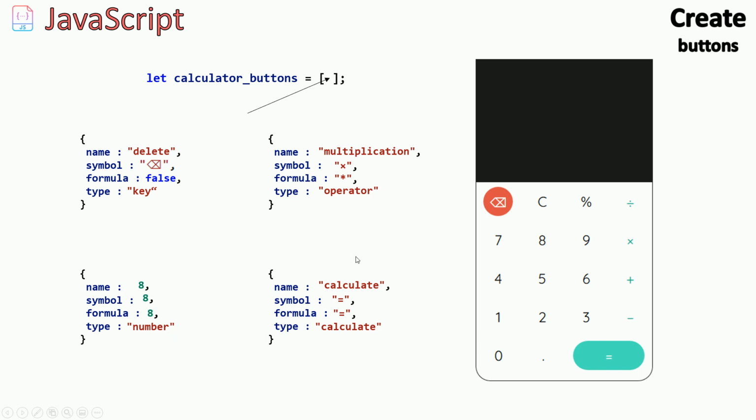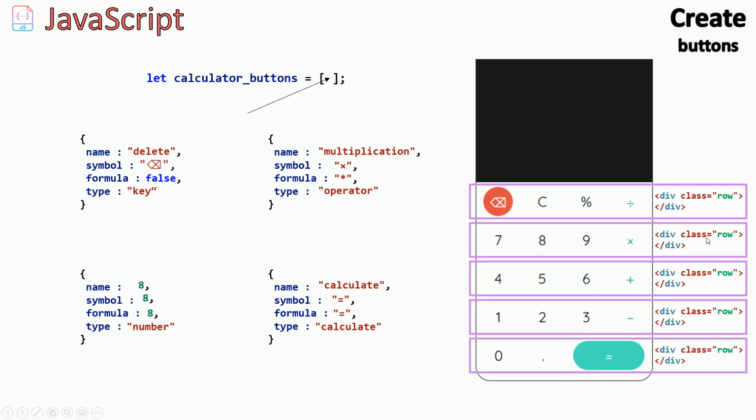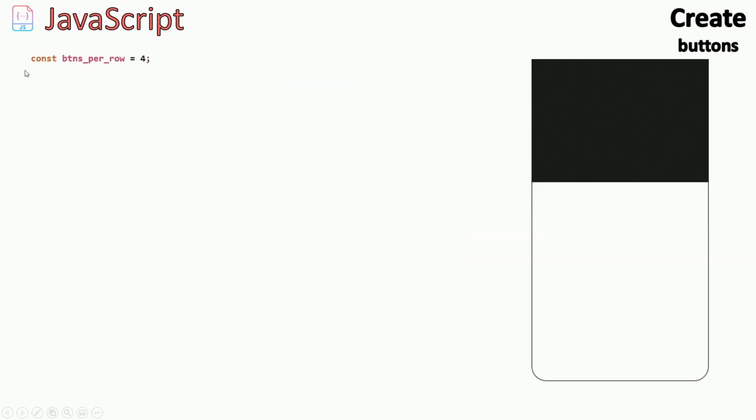Now the symbol is what we show to the user, and the formula is what we use to do the calculation. Now the last thing is we're going to put these buttons inside a row, and each row is a div with the class name row, and each row has 4 buttons. The same thing for these, every 4 buttons are inside a div with the class name row. So now to create the buttons, I'm going to create a constant called buttons per row, which is 4, so every row has 4 buttons, and then all I need to do is loop over all my buttons inside my calculator buttons